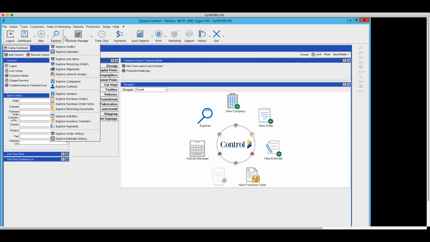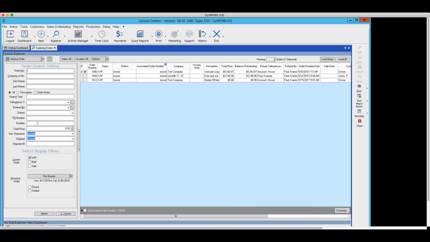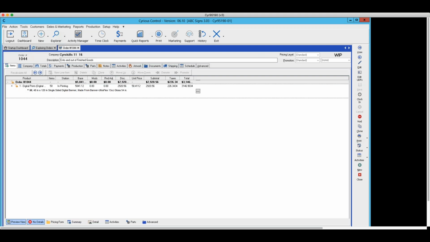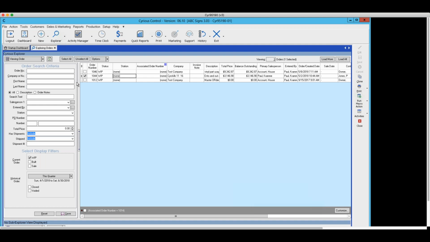I'm going to do a search for orders, and I'm just going to randomly open this one, okay? Notice in the top left, it's telling you that the order is 1044. That shows there as well. Now, if I had created that from a different order,